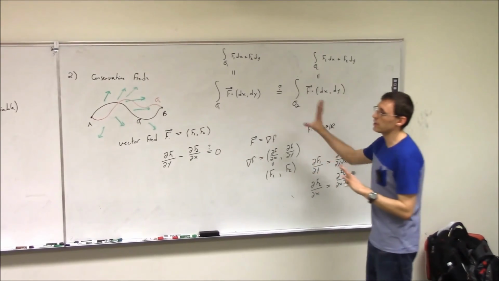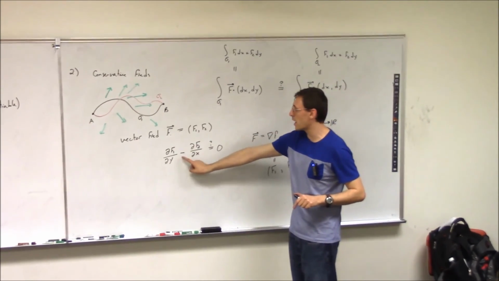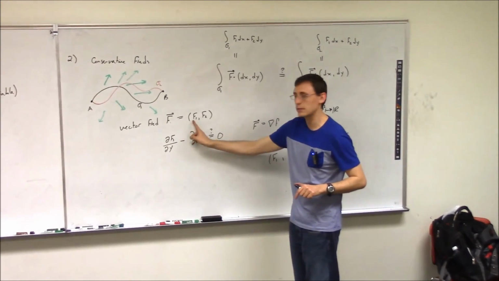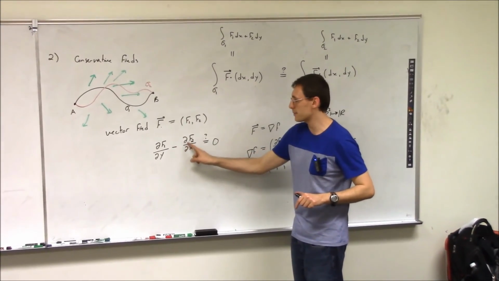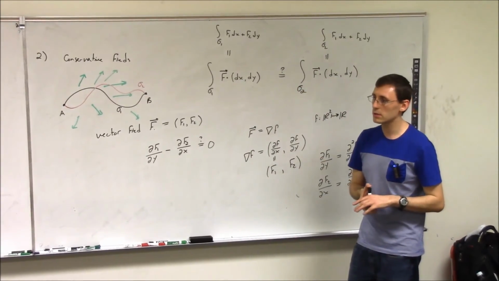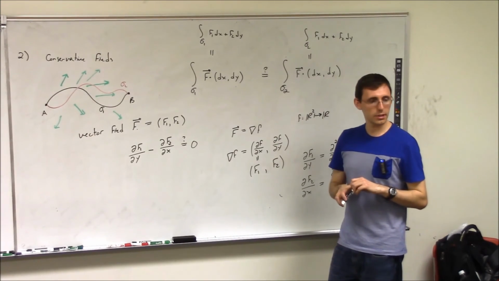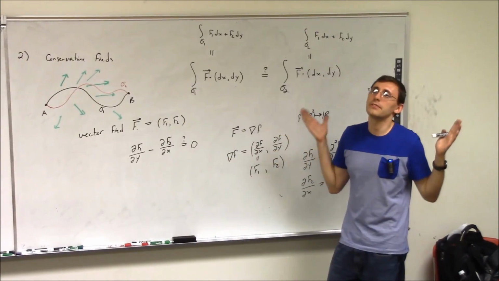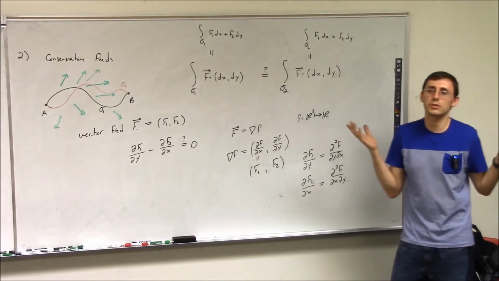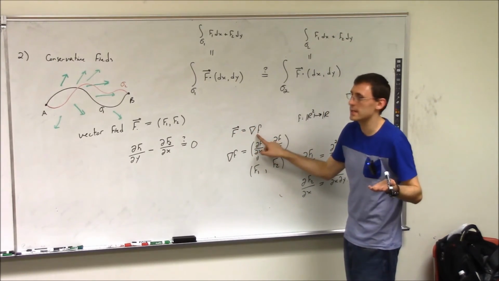If you understand Clairaut's theorem and you understand some other ideas, then you would see why this is the test. Why do you take the derivative of the first function with respect to y, subtract the derivative of the second function with respect to x, and why do you want to get 0? Well, they should be equal. They should be equal if the field is conservative, right? So that's a good test, because usually it might be hard to guess what the function is.